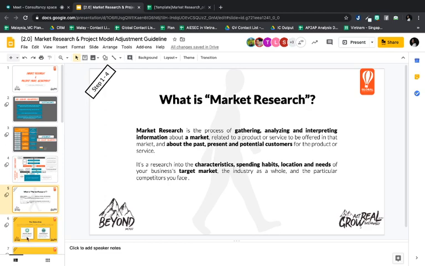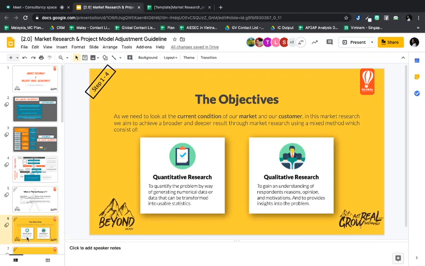And as you all know, from the previous term we applied these two methods in market research. First, quantitative research is the way that we quantify the problem by generating a lot of data, numerical data or data that can be transformed into statistics, which we can then analyze. Qualitative research is to gain more understanding, the insight, and also the opinion, the reason or motivation, and to provide qualified information that we can actually turn into action.